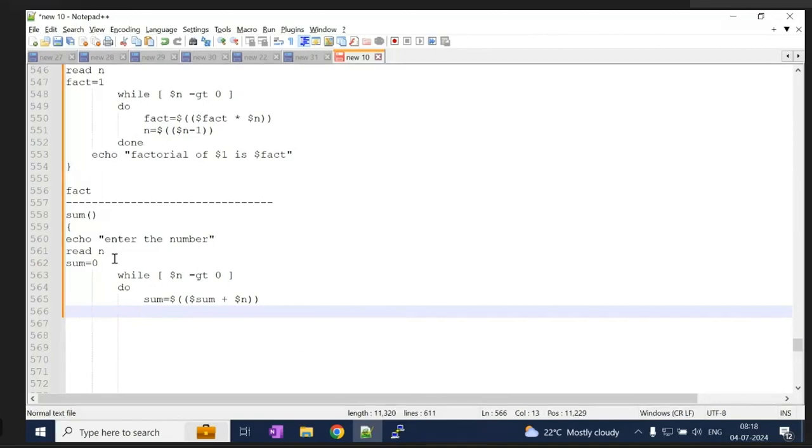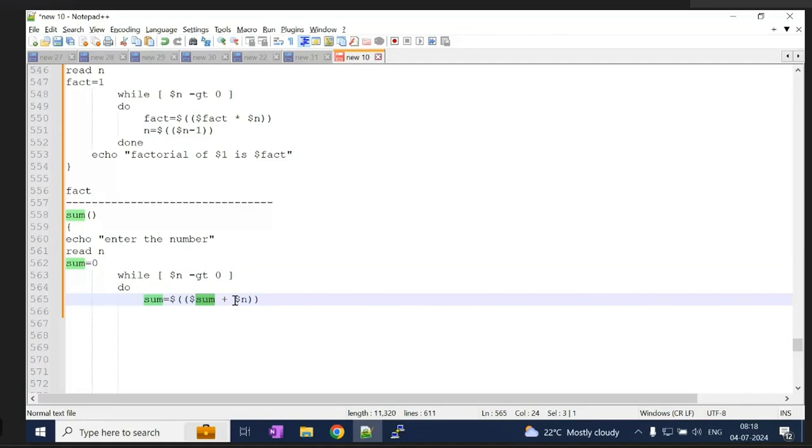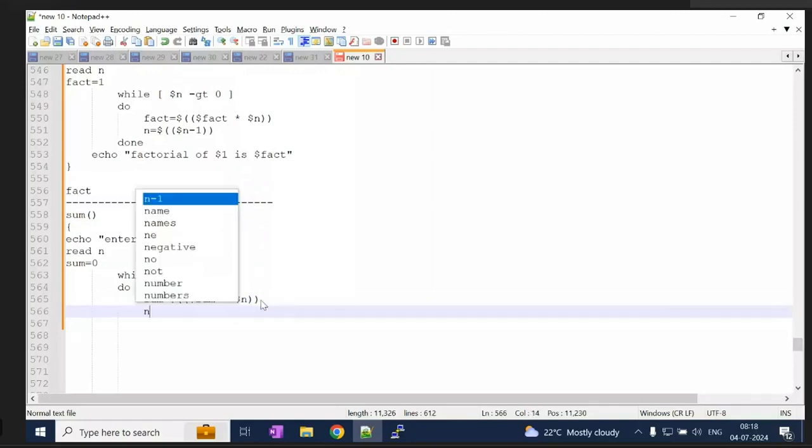It reads 3, which is greater than 0, and the sum value is 0. Then 0 plus 3 is 3. After that, for the next value, we decrement the value.